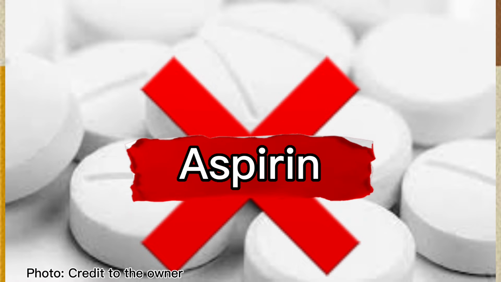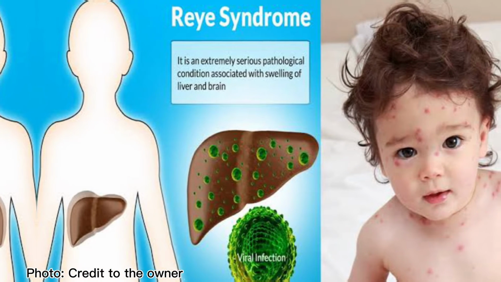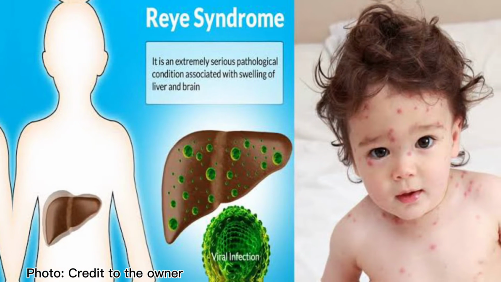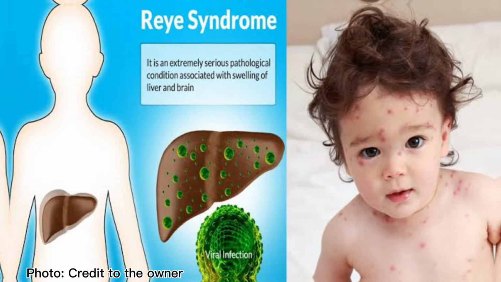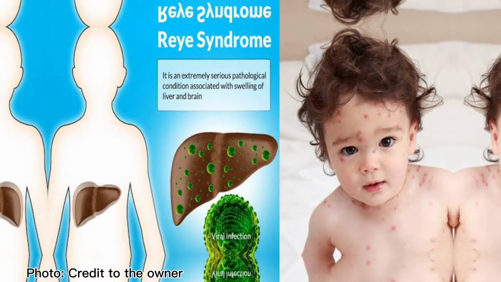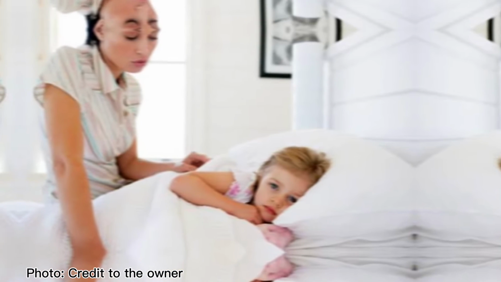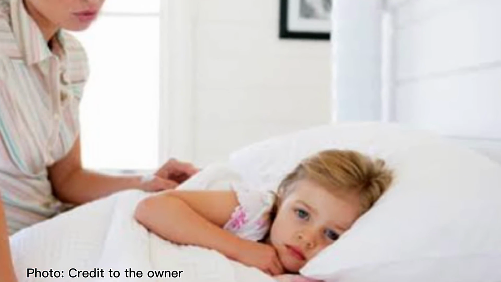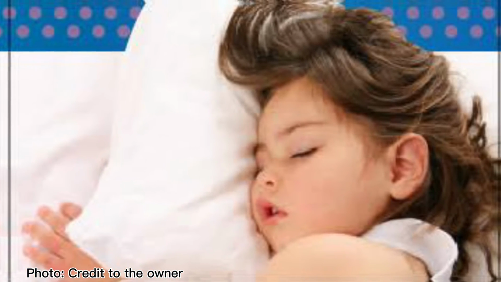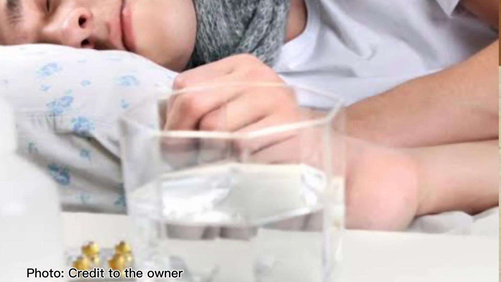Don't give aspirin to children with mumps, because children who are suffering from viral illnesses such as mumps who take aspirin can develop Reye's syndrome, a dangerous disease that causes liver failure, swelling of the brain, and even death. Ice or heat packs can help ease the pain of the swollen parotid glands. Persons with mumps should get plenty of rest. Children and adults with mumps should stay home for 5 days from the start of parotid gland swelling.